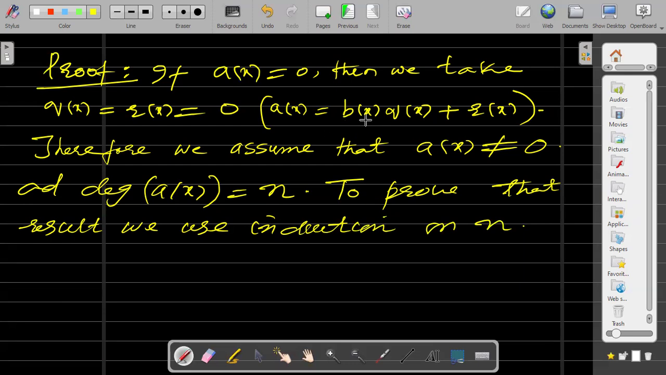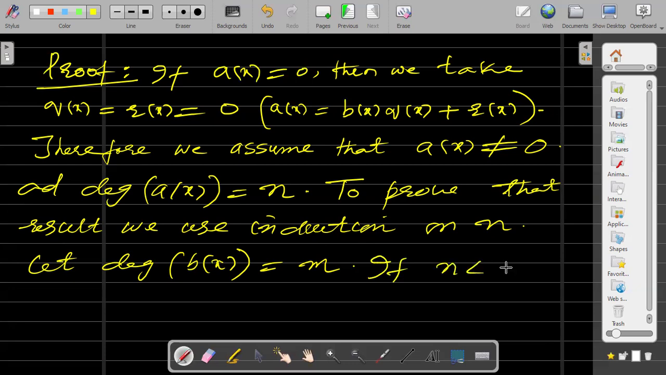Now we have a polynomial b(x) which is non-zero. It also has a certain degree. Let's suppose that its degree is m. Let the degree of b(x), which is a given non-zero polynomial, be m. In case